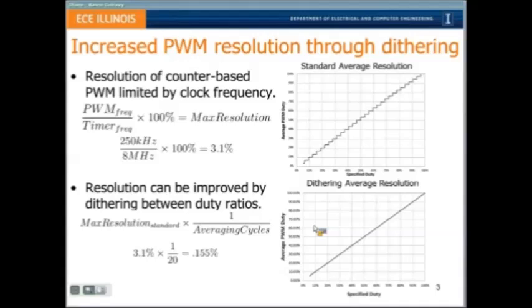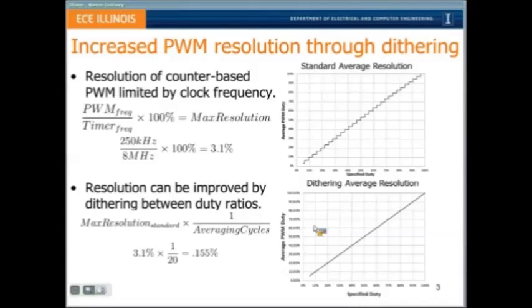And here on the right, this is a simulation. No, I'm sorry, this is not a simulation. This is the average duty ratio resolution achieved using the MSP430 and just measuring at every step in average resolution. Now we can improve this average resolution